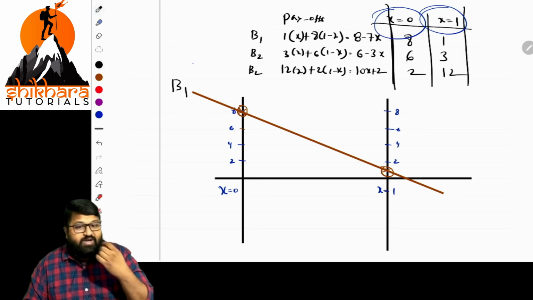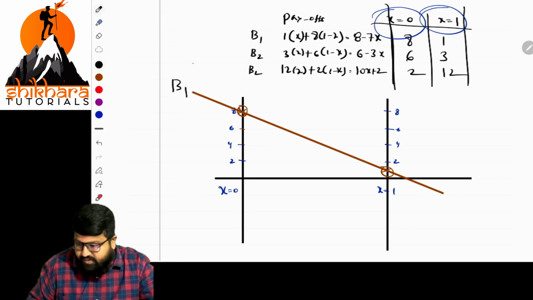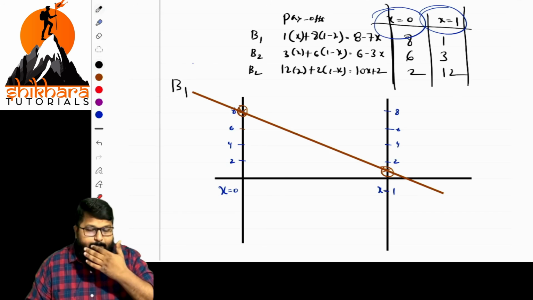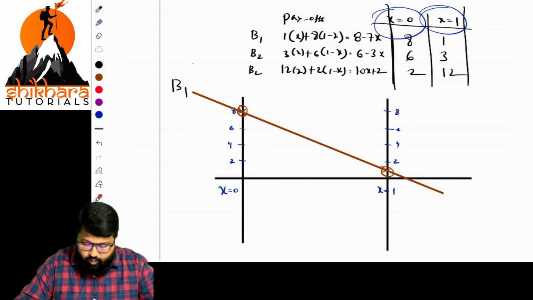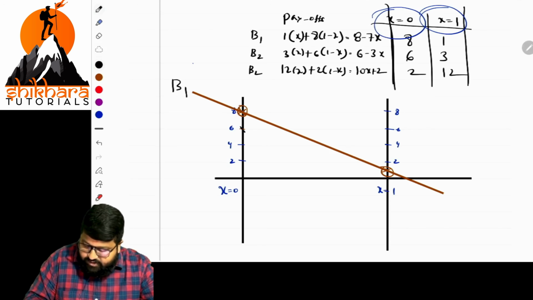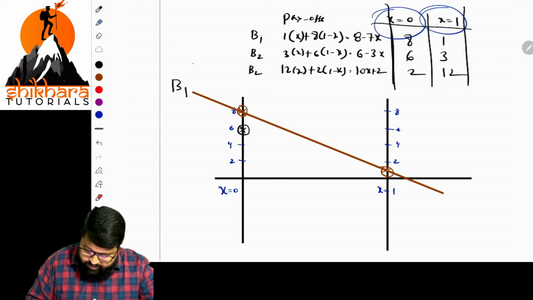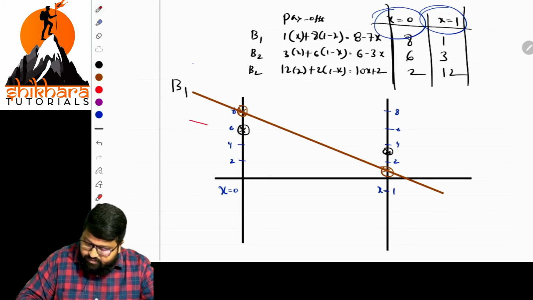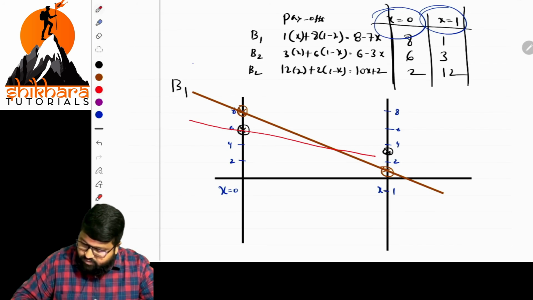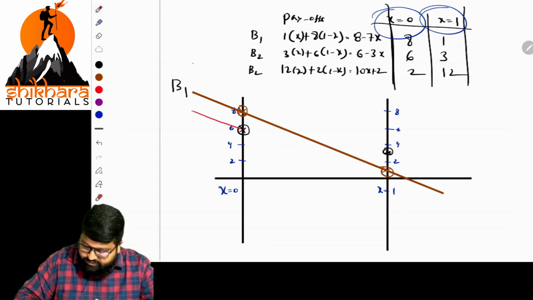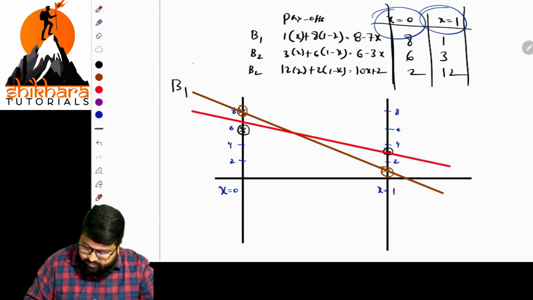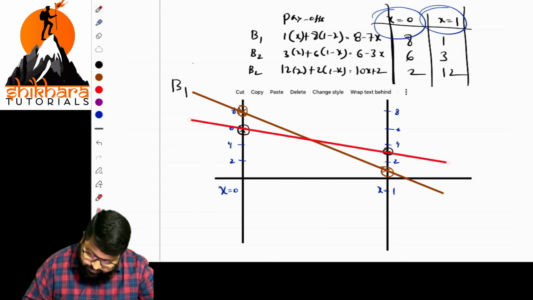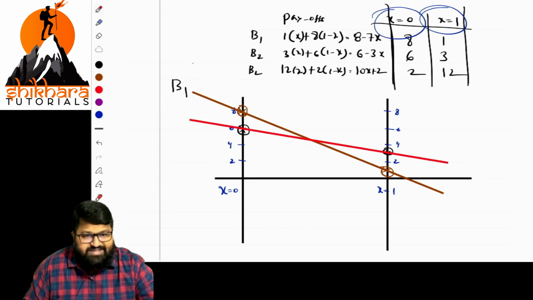Now what is the next one, ma? Next point. In the case of the next point, the point is 6, 3. 6 is here, fine, and the other point is 3. 3 will be here. Now let us join that line with a different color. Join 6 and 3. We'll arrange them. Don't worry. 6 and this is 3. These are the points. Are the points clear? Next, what are the other points left?